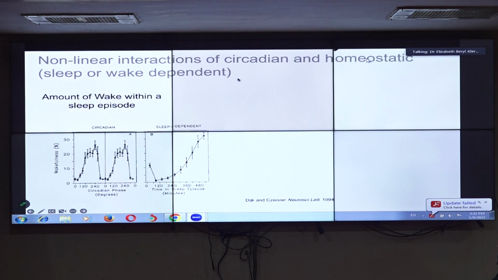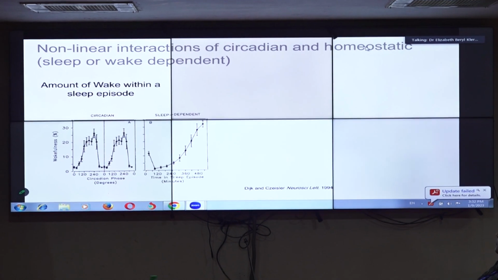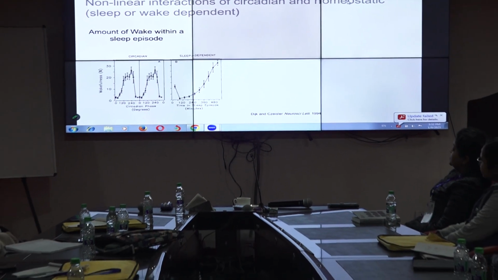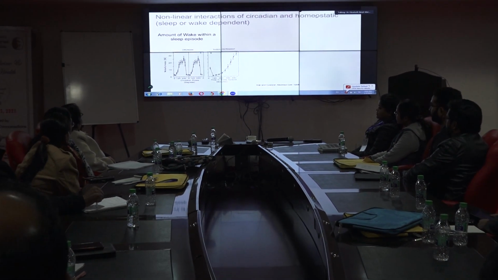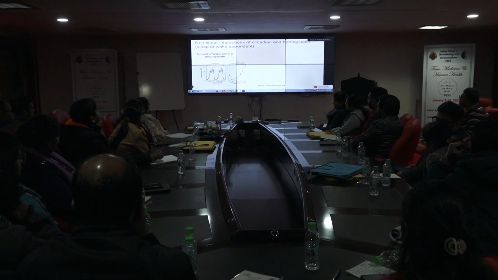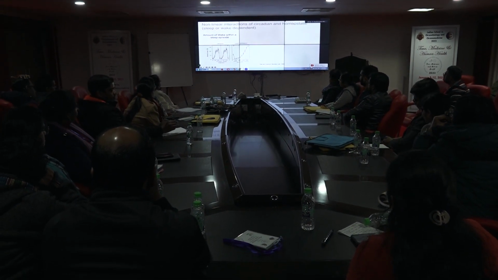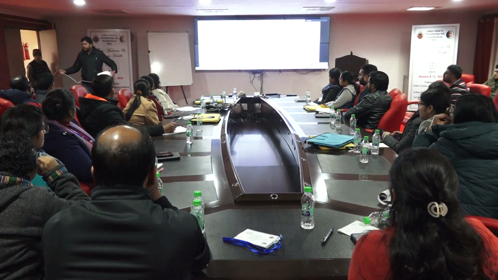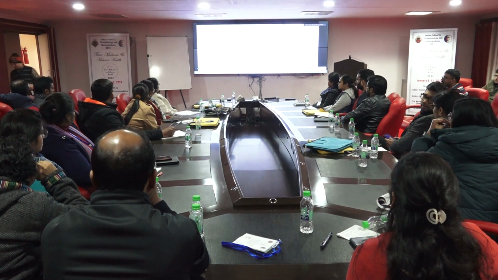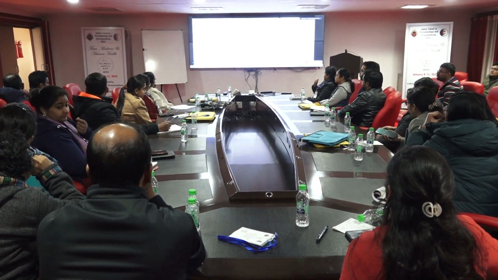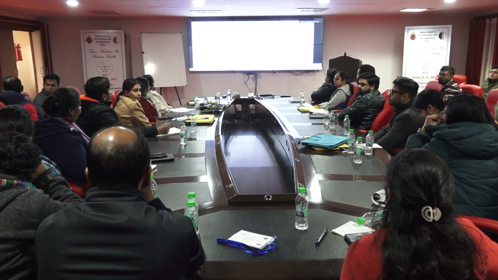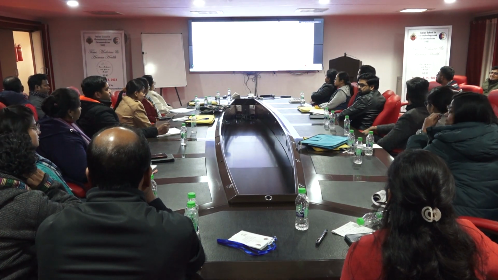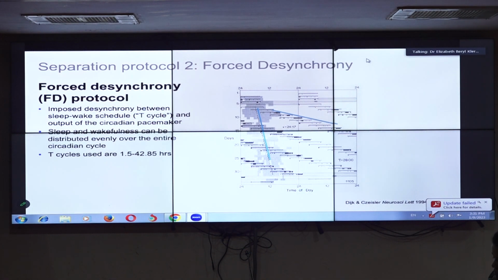And now, as I keep on saying, there are these non-linear interactions. So if we look again at that amount of waking within a sleep episode that I showed you two slides beforehand, we can see that there's a circadian rhythm. We can see that there's a sleep-dependent rhythm, such that there's more at the end of the sleep episode. And there's a little bit of waking at the beginning, because sometimes people take a few minutes to fall asleep. But when we plot it on a 3D graph, we can see that there's a non-linear interaction. But it only occurs at some circadian phases.